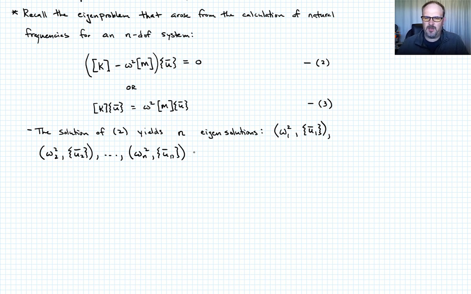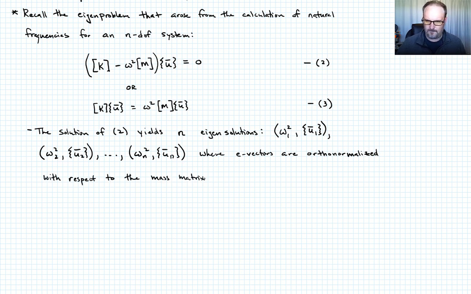So a couple things to note here is that we're going to normalize our eigenvectors, which hopefully you remember doing previously. But previously, when you've ever normalized eigenvectors, you probably just set the magnitude equal to 1, okay? So we're going to normalize the eigenvectors with respect to the mass matrix. So the solution of equation 2 yields these n eigensolutions, as I've shown here, right? Where the eigenvectors are orthonormalized with respect to the mass matrix, such that